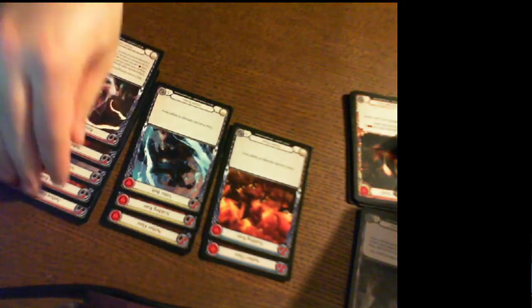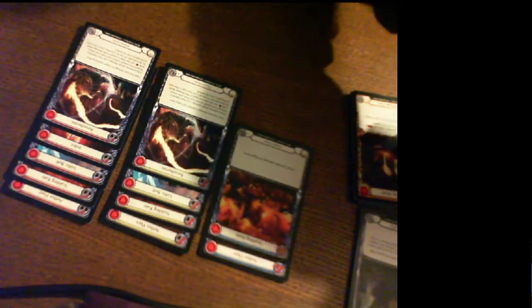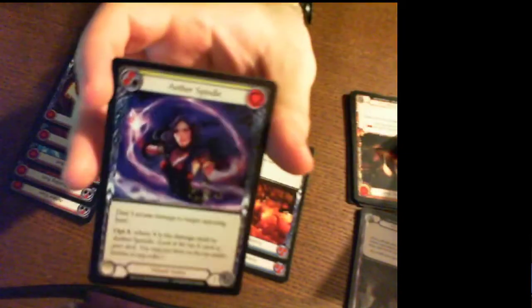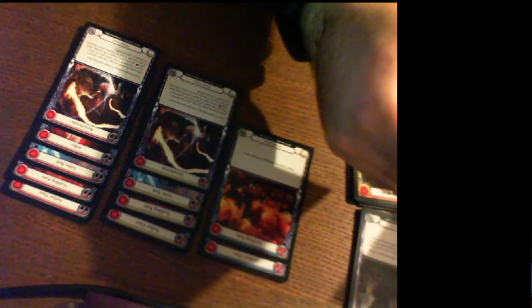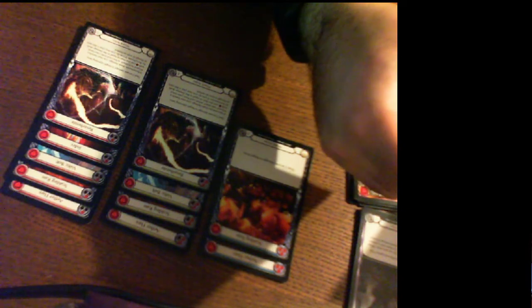So we are on 5 red, 4 yellow. Now we're getting into the good stuff. We have an Ether Spindle, which is a wizard rare. Pretty cool. Deal 3 arcane damage to target opposing hero, and opt X, where X is the damage dealt by Ether Spindle. It costs 2, defends for 3. So your opponent is